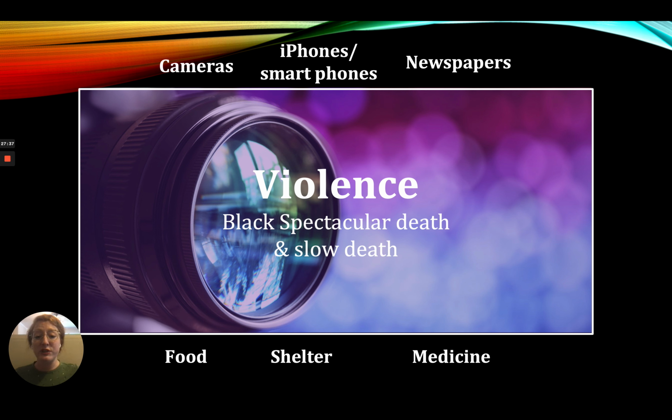All these things contribute to the slow death of communities of color, to the point where literally, if you look at the average life expectancy and you break it down by race, white people have higher life expectancies than Black communities on the mainland. And there are some nuances here in Hawaii that I'm happy to talk to you about on an individual basis if you're interested. But she juxtaposes Black spectacular death and that process with slow death, and how communities of color are really just suffering in a lot of ways because of lack of adequate resources.